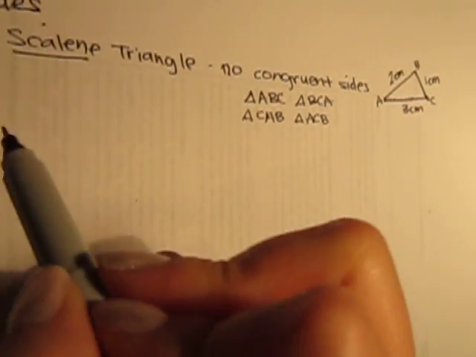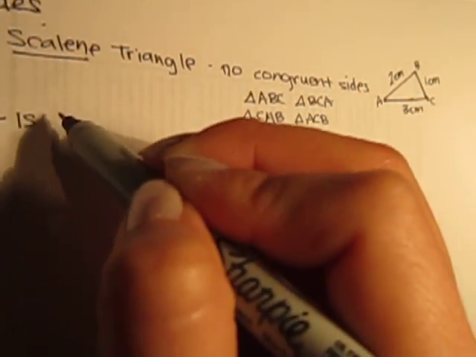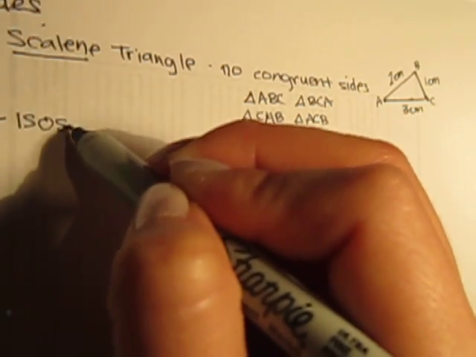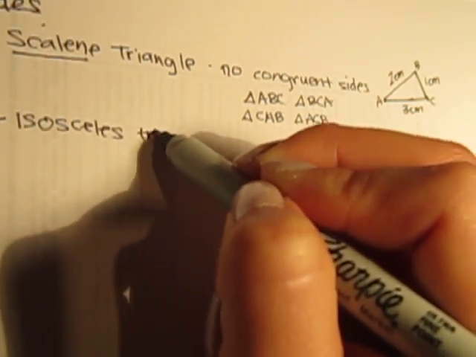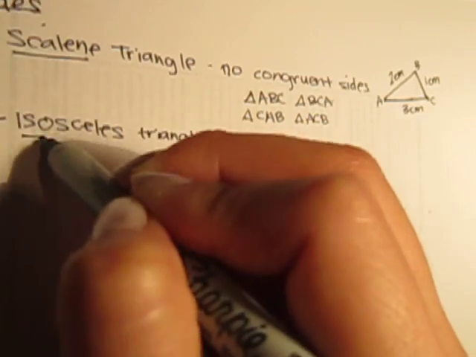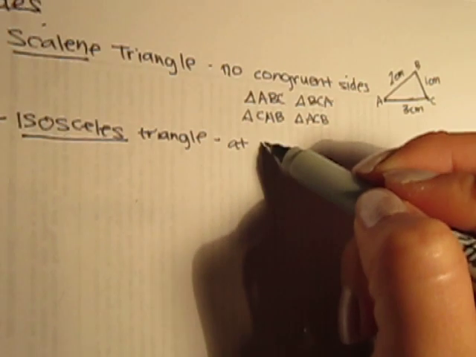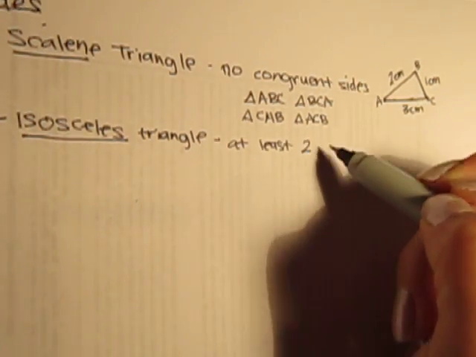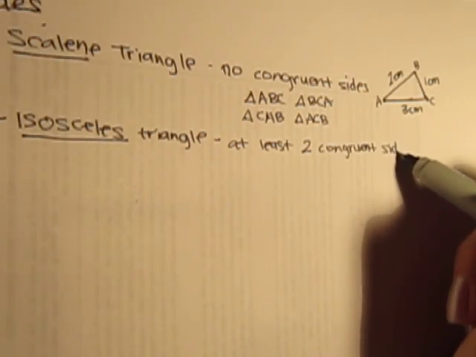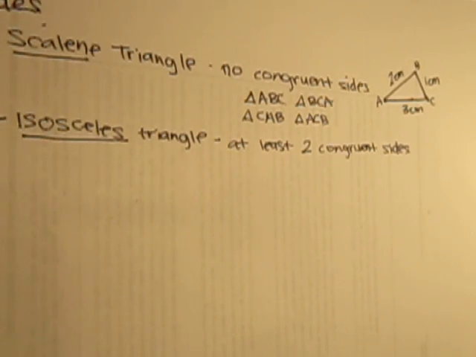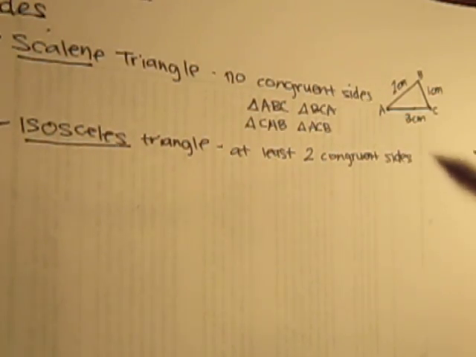The next type of triangle is isosceles. And this one I always mess up the spelling. ISOSCELES triangle. And this isosceles triangle has at least 2 congruent sides, which means that it can have 2 or 3. An example of an isosceles triangle would be,